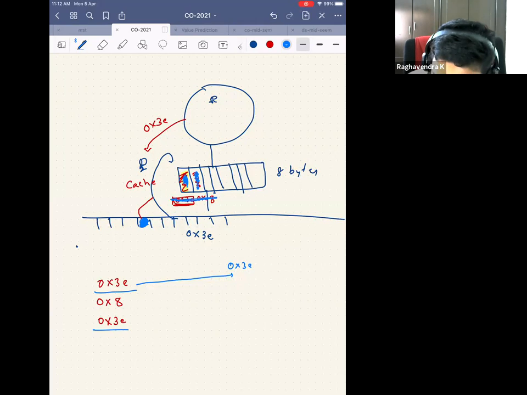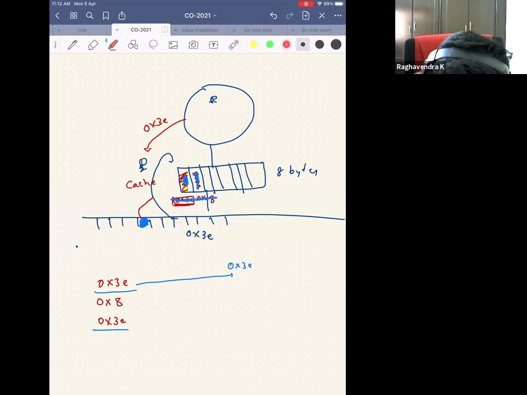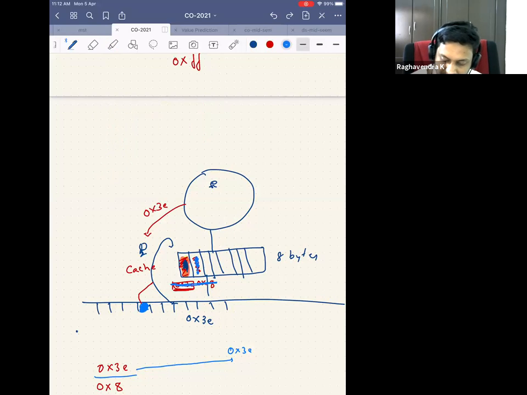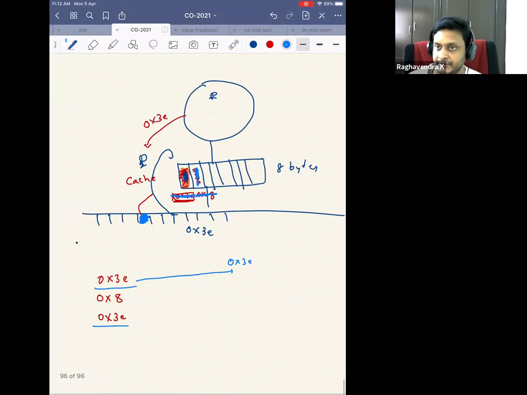Now when the CPU generates 0x3 again, you don't know that this particular data belongs to 0x3. To know this, the only way out is this, so please don't confuse it with valet parking. In valet parking, when you drove the car and stored it in a location, the way you searched for the car was by looking at the number of the car. The car already came with a sticker attached, but here this data doesn't have a sticker attached, which means that you have to come up with it. So the cache design doesn't look like this actually.